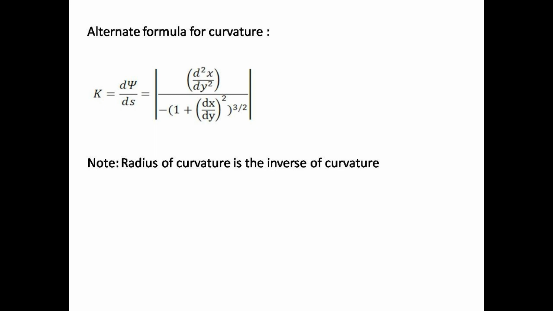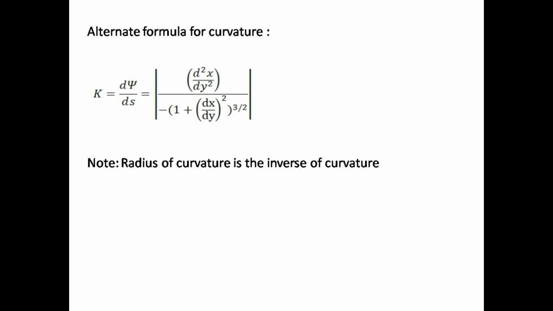To prove this, you need to start from equation 1 that we had encountered while deriving the previous formula for curvature. In that, instead of using tan psi, you need to use cot psi. That is, cot psi is equal to dx over dy, and proceed in a similar manner. You can use either of the two formulas to find the value of curvature at any point on the curve, and you will get the same result.